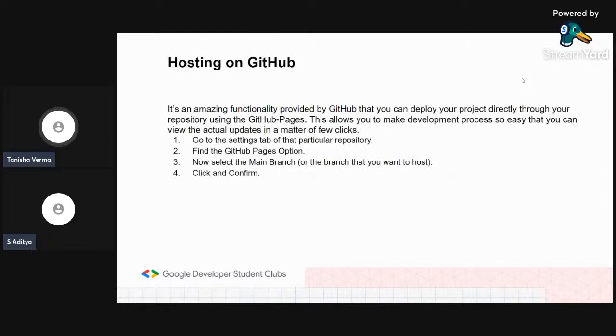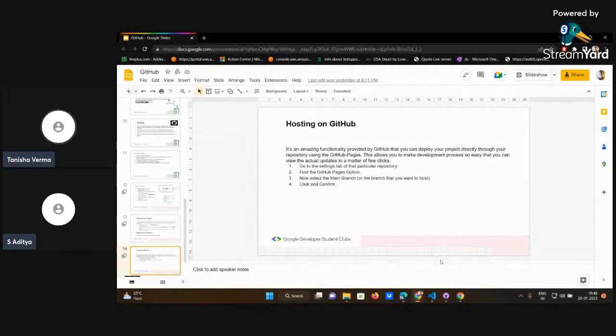It's an amazing functionality of GitHub, as I told you in the previous part. You can deploy your websites as well as applications for free on GitHub. This makes the development process so easy that you can view the updates in a matter of a few clicks. Now let me just go to GitHub.